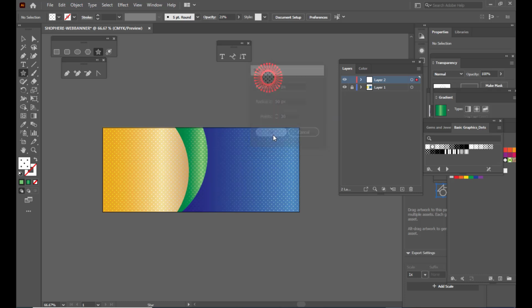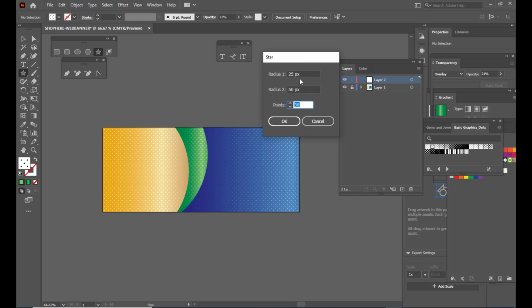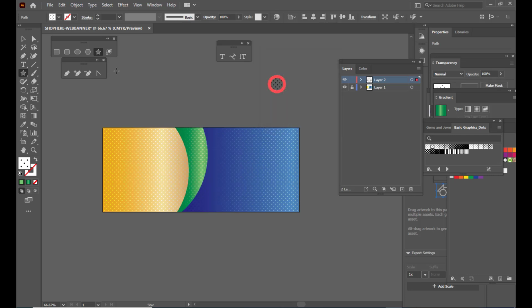So simply click OK. We'll create the star, and here we will change the radius to say 30, and now we'll create. So here we have a star.